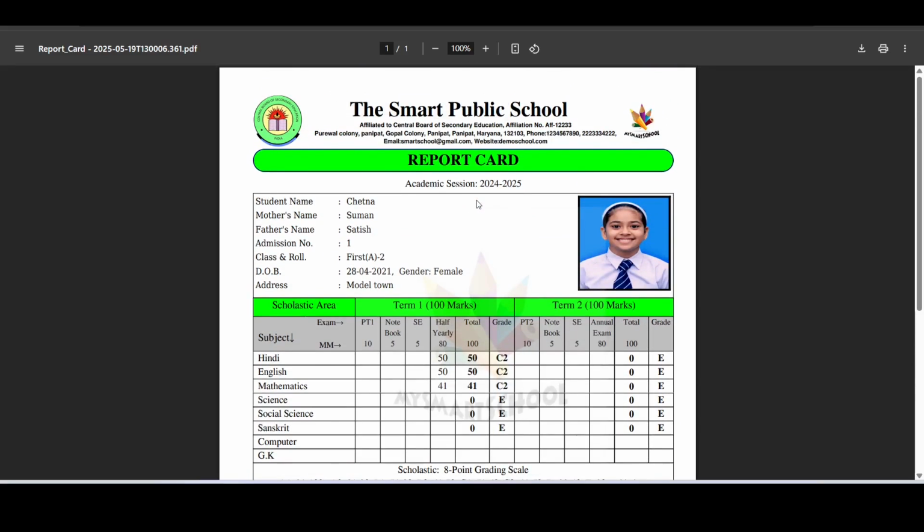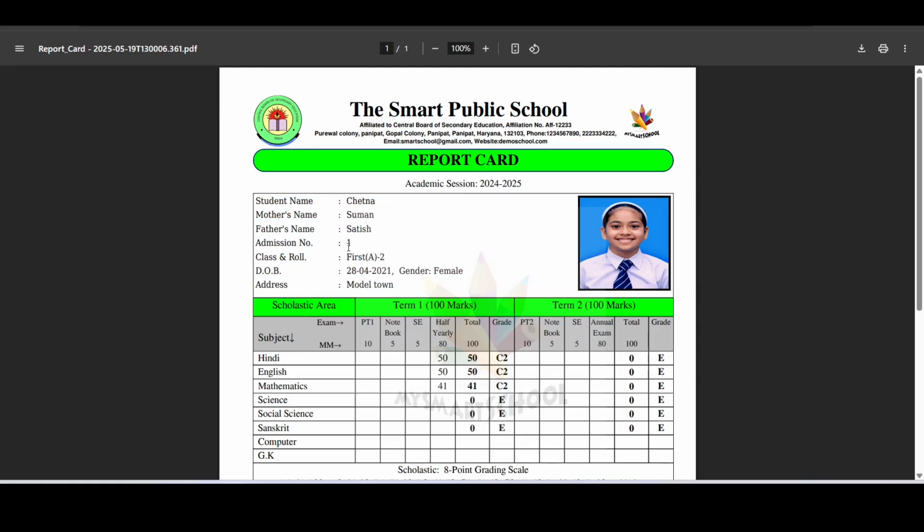So the concept of report card designing is that here are some cells, like in Excel. Each cell can be modified independently, or you can enter text, marks, subject name, anything in the cell. For example, in this box there are multiple cells, but the borders of these cells are not visible. So these are also different cells; it looks like all of this is one cell, but there are multiple cells here.